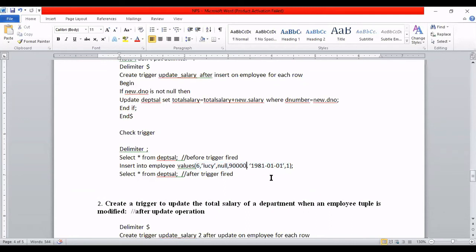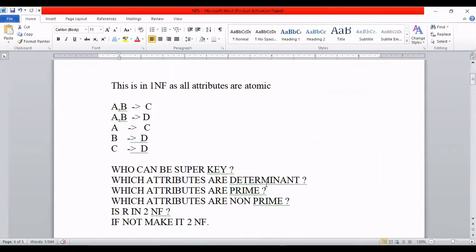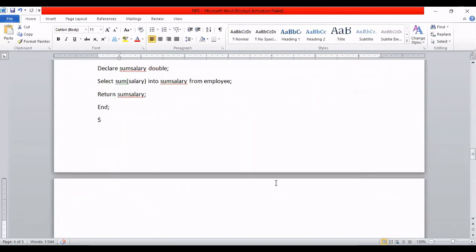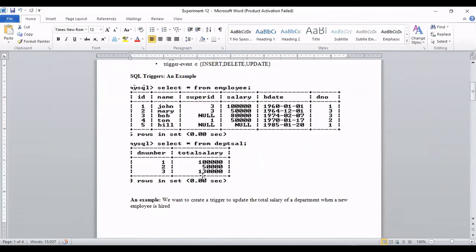So if I add 90,000 to department 1, then in the department salary table, you can see here, the 1 lakh will change to 1 lakh 90,000, because previously the total salary under department 1 was 1 lakh, with only one employee who has a salary. The second employee existed, but had no salary.